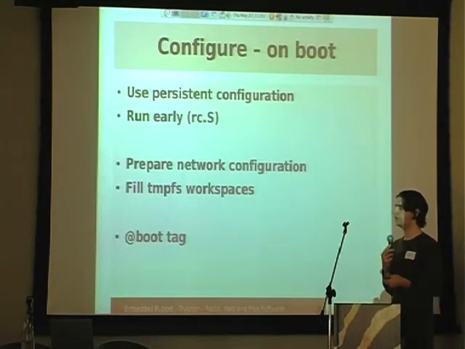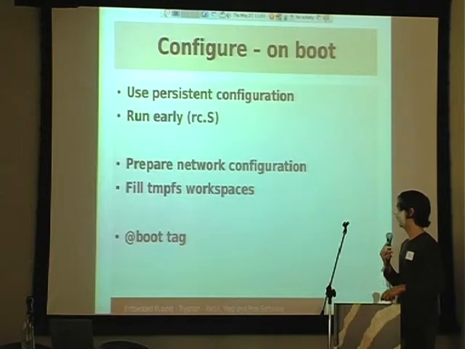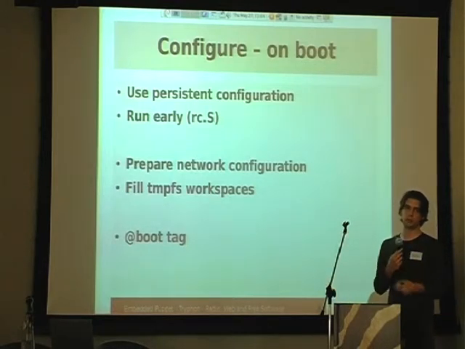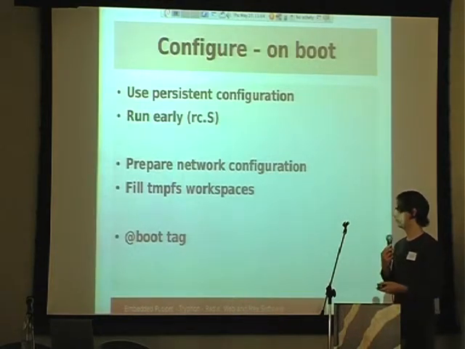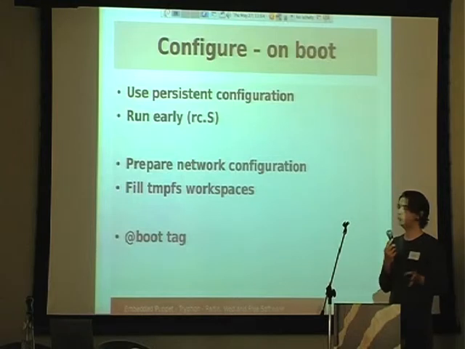So Puppet is run before the network on the Debian, and we're creating the configuration file for network. We're creating a tmpfs workspace with the empty directory, with the empty file, with the right permission, and so on. And everything is done by the same site.pp with the boot tag. And we don't have to restart the services, we are booting the system. We don't have to check everything, we just need to check the needed resources at the boot.